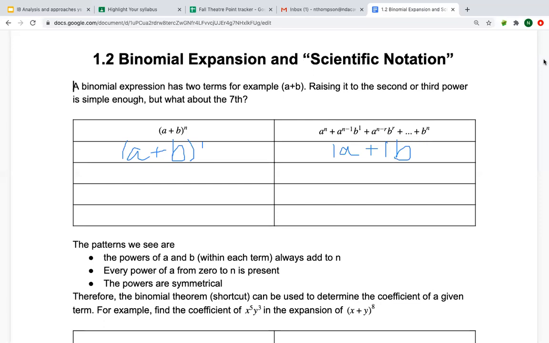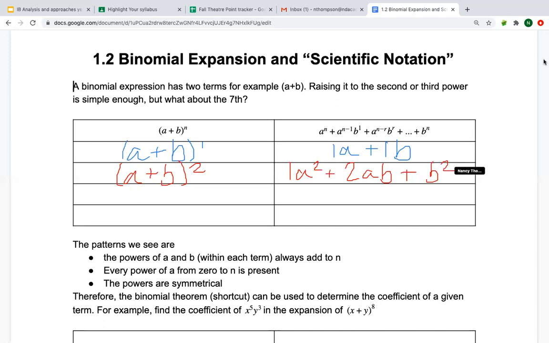What about a plus b squared? This is just your standard foiling. So we would have 1a squared, our first term, and then you would have plus ab plus ab. And since those are the same thing, we would have plus 2ab